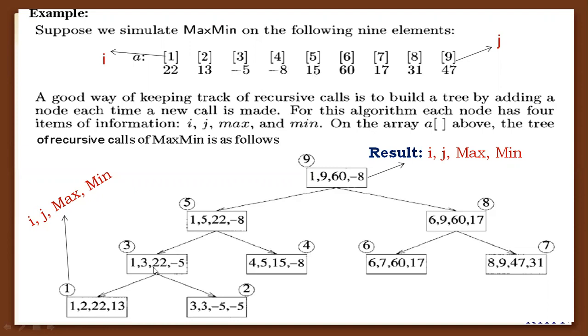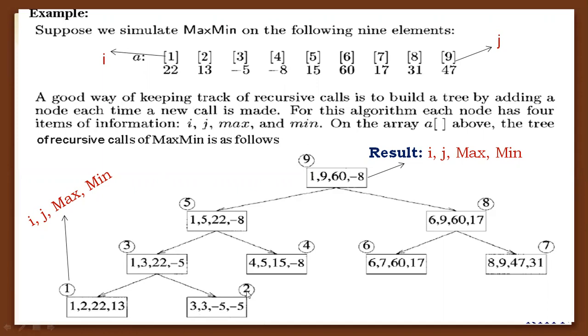And again, apply the division method to the given array of size 3. So the array is to be split into two sub-arrays. One is 1 to 2, the array of size 2, and the other is 3, only one element is available. If you apply the division method, the array of size 3 is divided into two arrays, one at the left side and one at the right side.